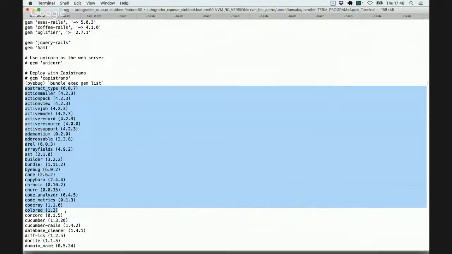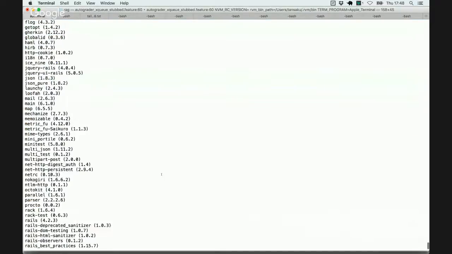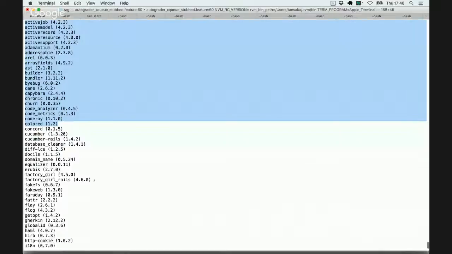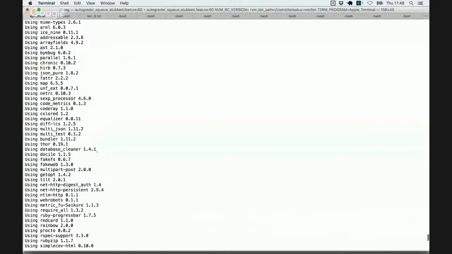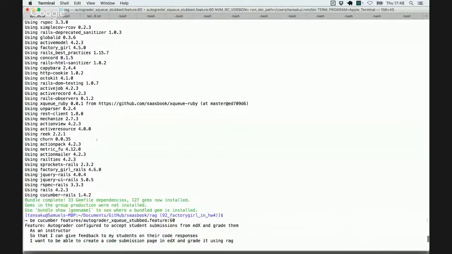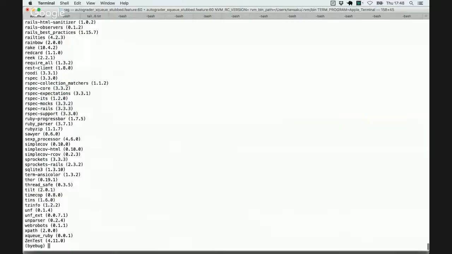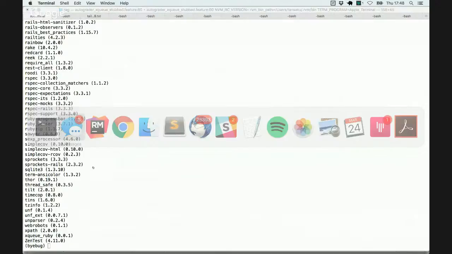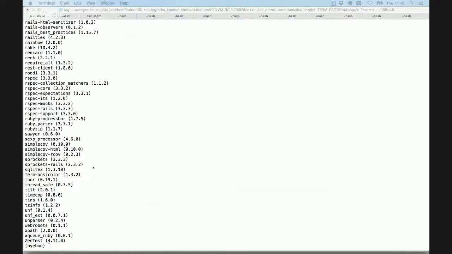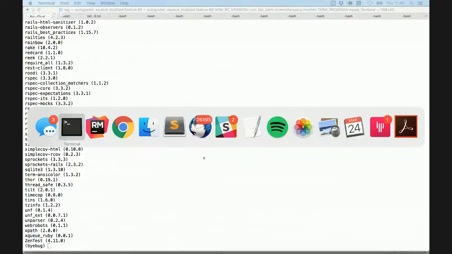Oh dear. But the contents of this gem list, the last time around, it didn't have factory girl. It only has this now. And for some reason at this point, the parent process has got some kind of gem environment that's affecting the child process. So what it means is that the basic fix, which we can put on the grader, which I guess I can quickly do now, is